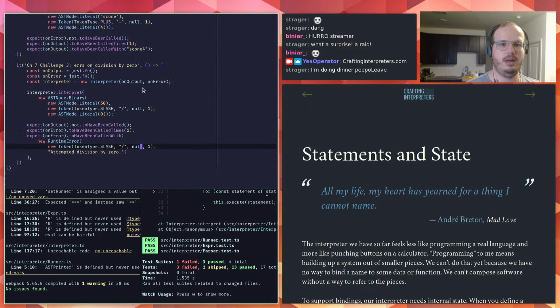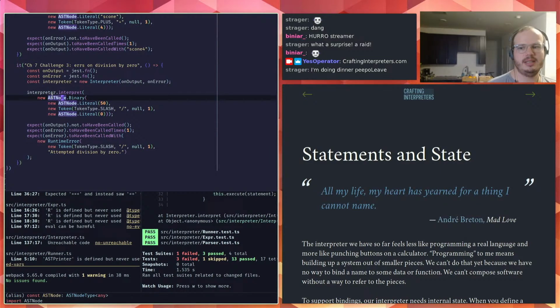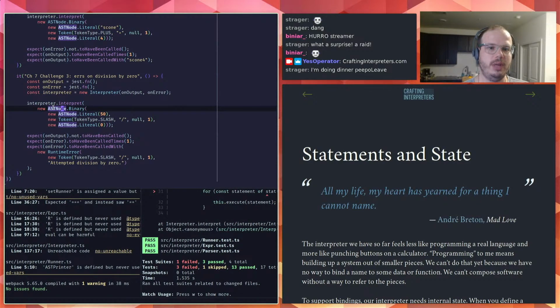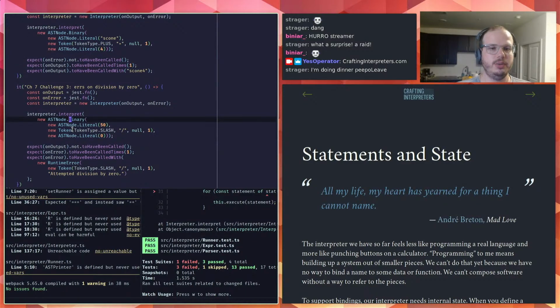Let's look at how we're doing this. Okay, so my interpreter tests, I'm taking a tree of, when I was doing the expression based thing, just passing to the interpreter a tree of nodes.